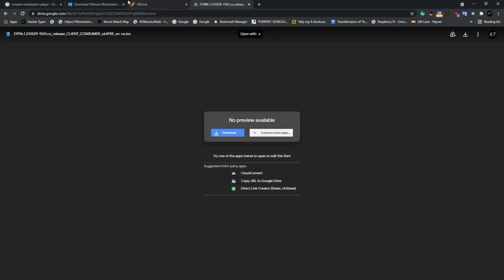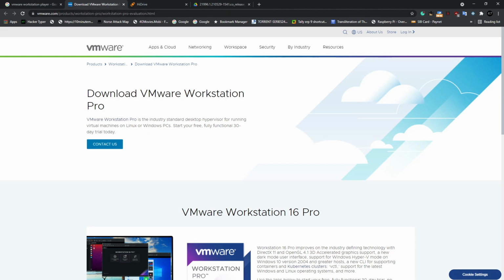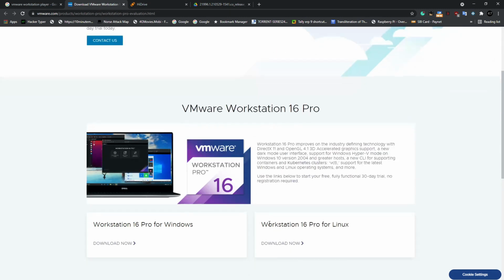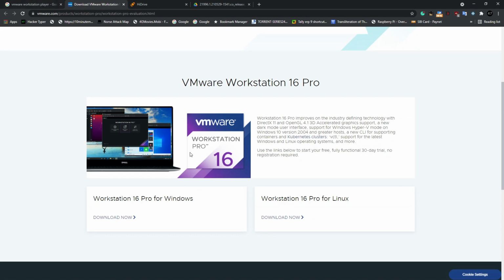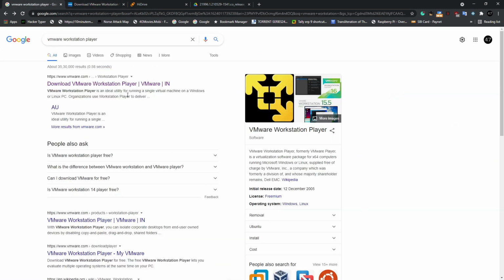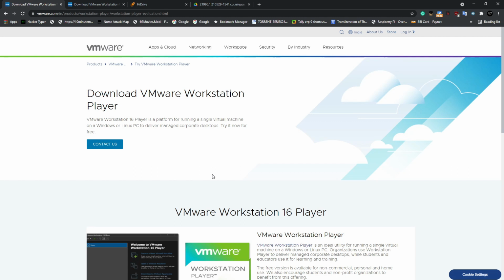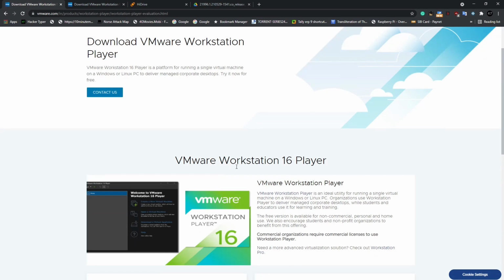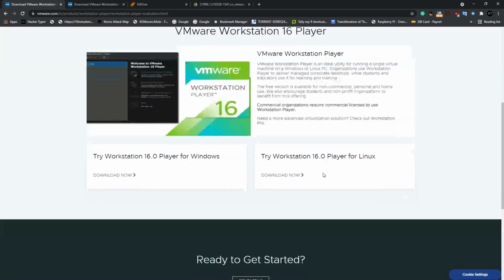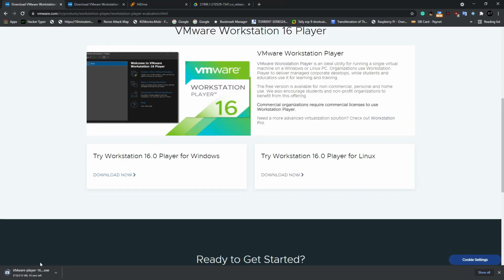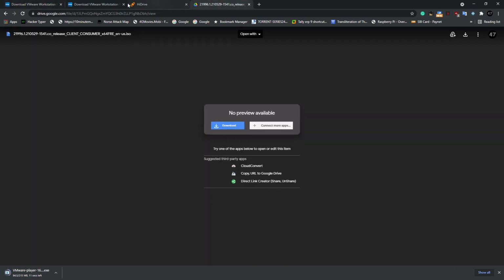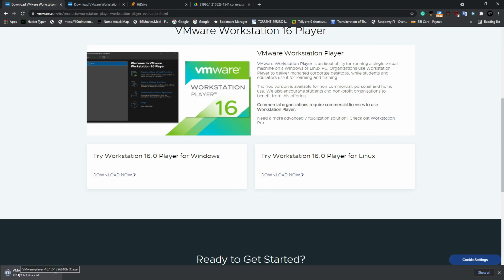And after that, we need to go to this website, which is VMware Workstation, and we need to download VMware Workstation on our system. So I will just open this website and I will be providing the link in the description of this video so you can check that out. So here you can see VMware Workstation 16 Player. We need to click here and download VMware on our system, and it will take a few minutes to download. After the download is finished, you just need to install VMware Workstation or VMware Player on your system.